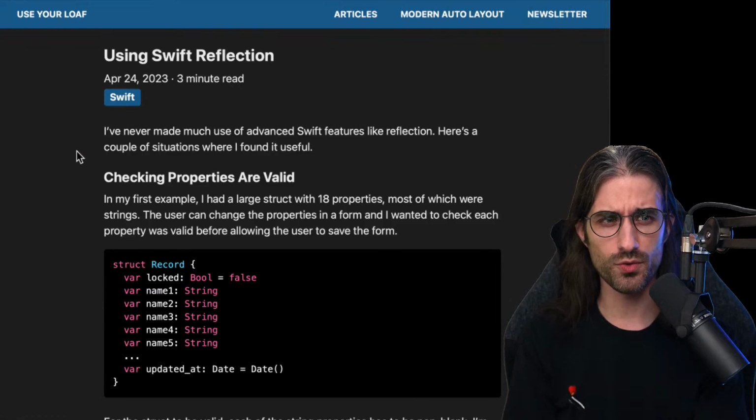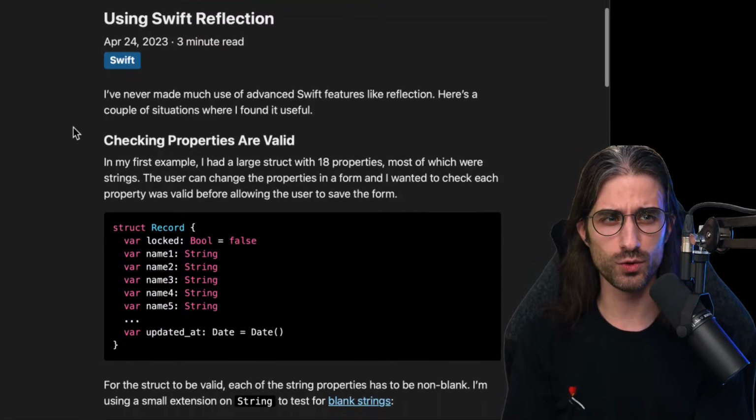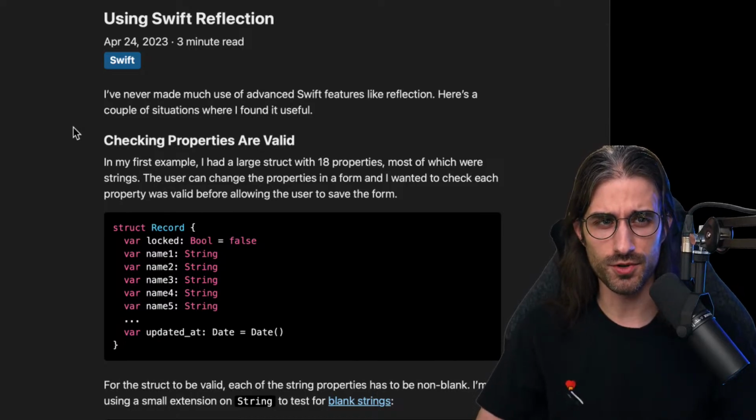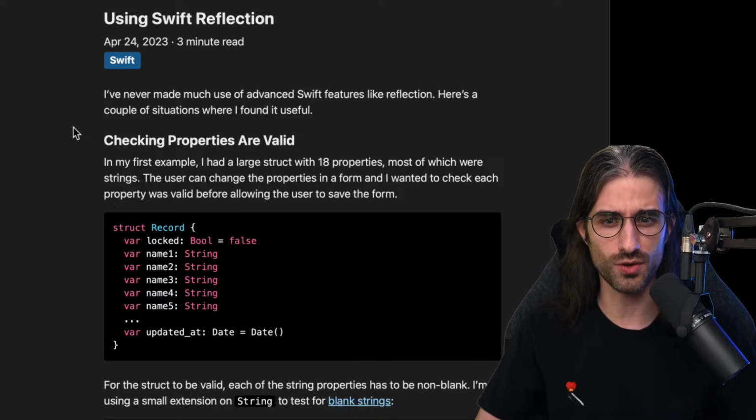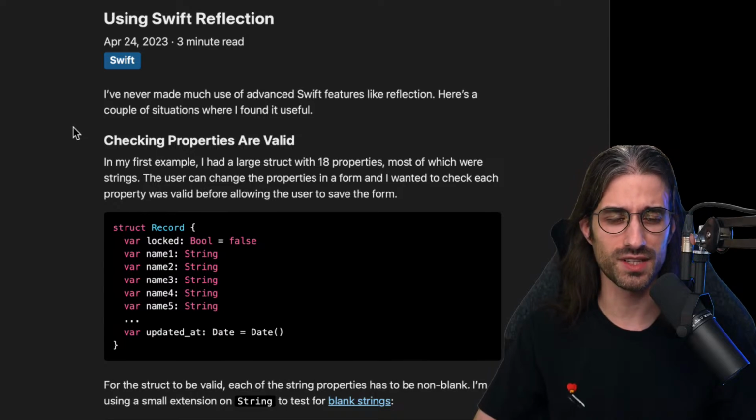For the next article, we move to another blog, a blog that I am familiar with called Use Your Loaf, and it's talking about Swift reflection. I really wanted to cover this article because I've done some content around reflection, so around using mirrors in Swift. The one that jumps to mind is a video where I was showing how you could access private properties using reflection in Swift.